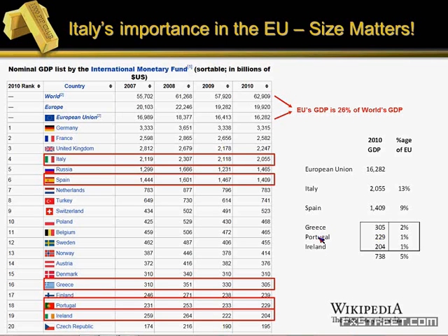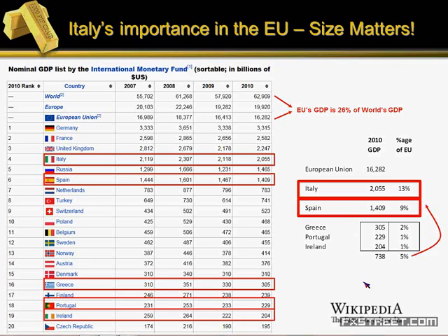These three nations combined, 5%, is less than half of Italy. Italy is 13%, so it's more than double. Just keep that in mind. Spain is nearly twice the three combined, Greece, Portugal, and Ireland. So if I haven't said this loud enough, then let me just put some boxes around it to make it further clear. Okay,